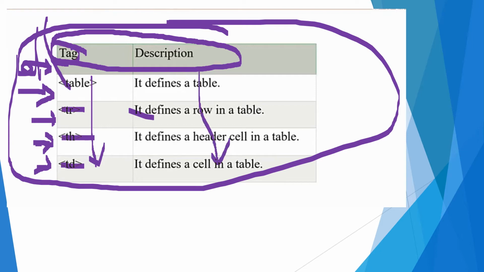Description of these tags. So here we have given the name description. These are table headers, and the content in the cells is table data, or table data cells. We will create these contents using the td tag.